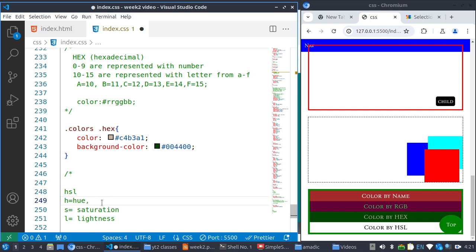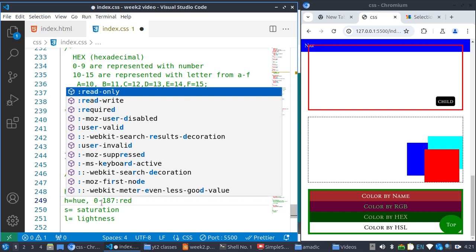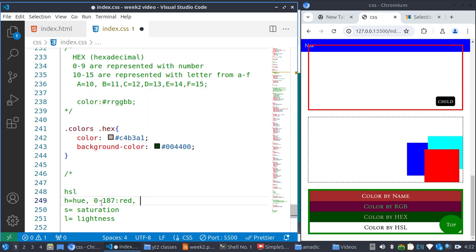So from 0 to 179 can be my red, so this will fall into the range of red. That's your arrow. Then from 180 to